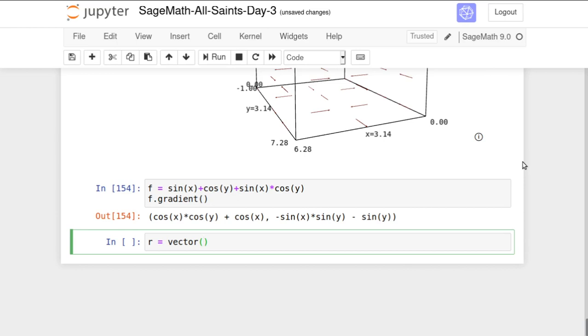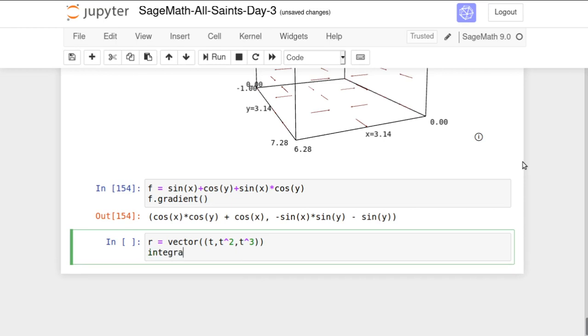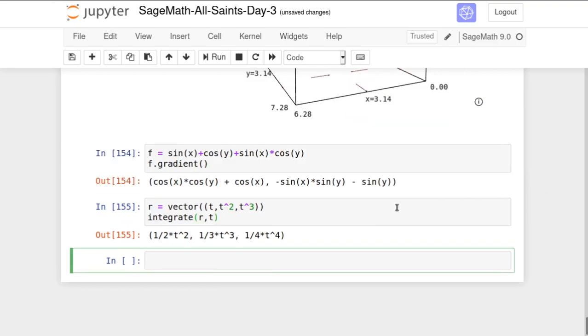So define R to be equal to (t, t square, t cube). Suppose we define it like that. Integrate R with respect to t. We get the answer to be equal to 1 by 2